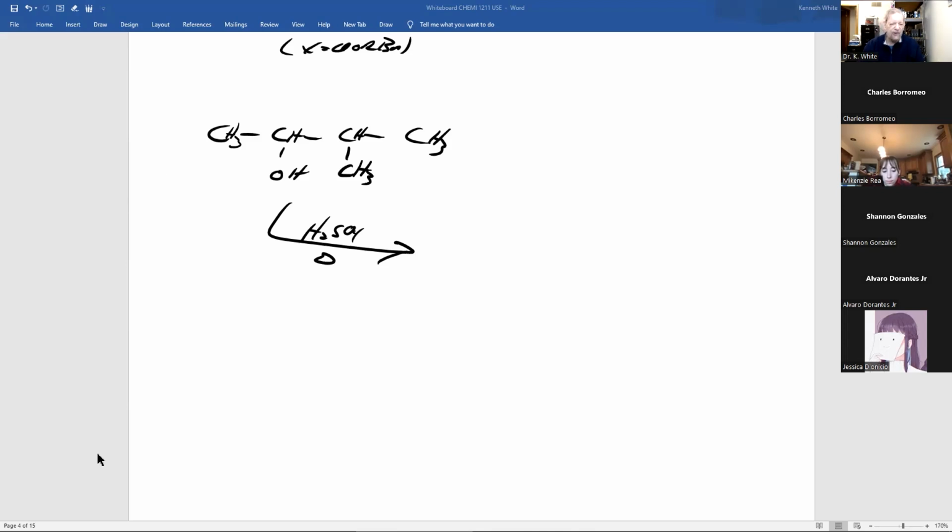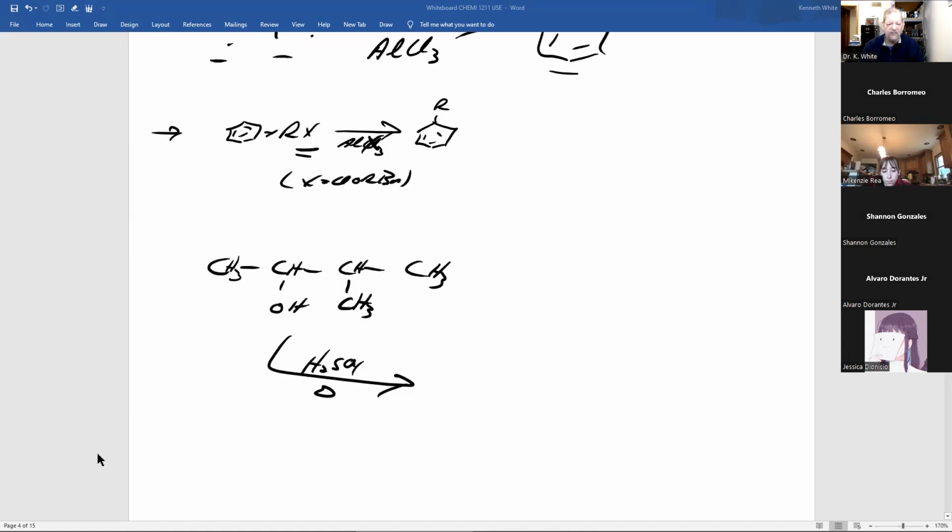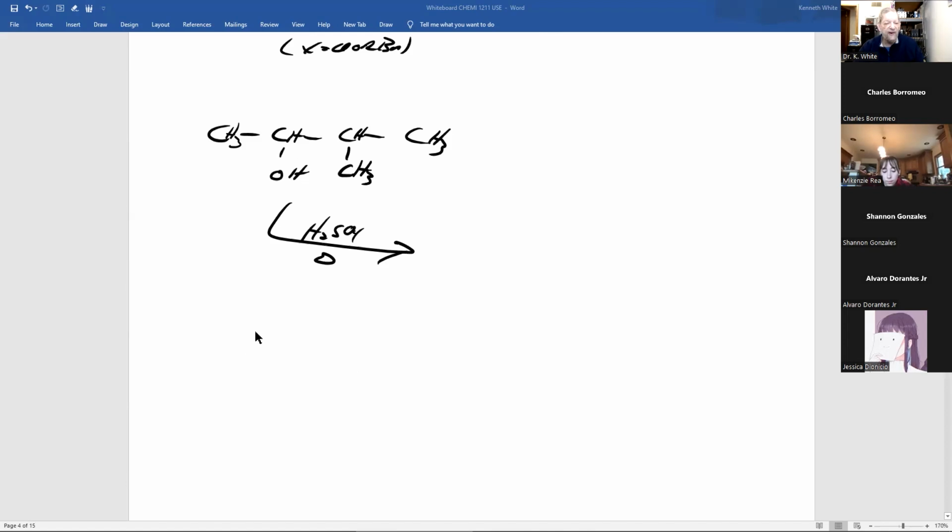All right, let's look at this. What do we have that's different? Remember, always look at a molecule and see what's different. We have an oxygen with a hydrogen and a carbon. It's an alcohol. We're reacting with sulfuric acid and heat, so I have to have an adjacent carbon with a hydrogen, and you lose water and form a double bond, and this follows Zaitsev's rule.